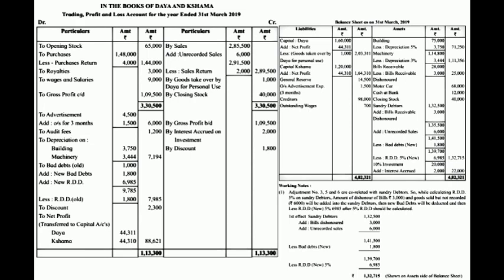So 9785 is my current year expense, and 1,800 old RDD is your previous year reserve for the current year expense. So it will decrease your current year expense. So always remember we have to deduct this amount from the total of the bad debt. So after deducting, the amount comes to 7985.